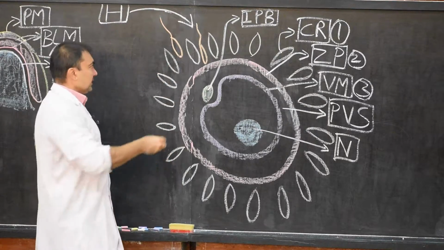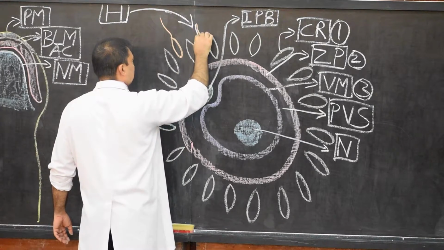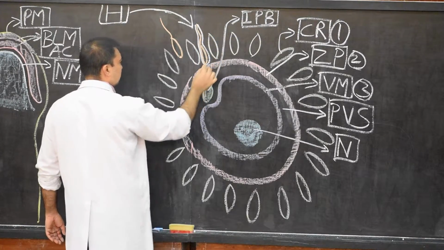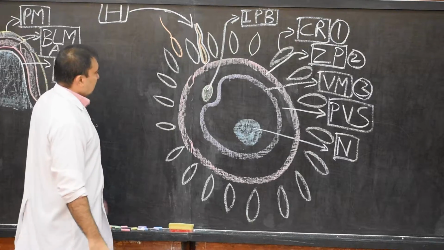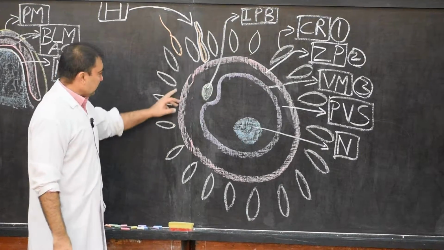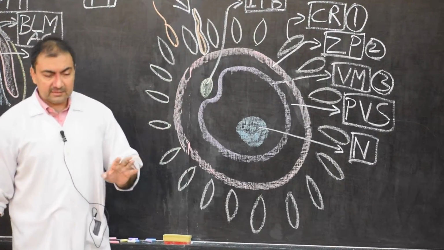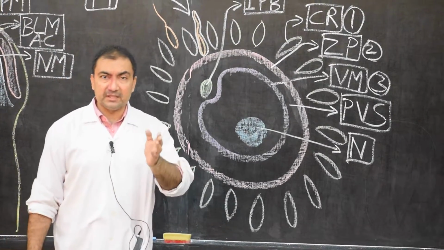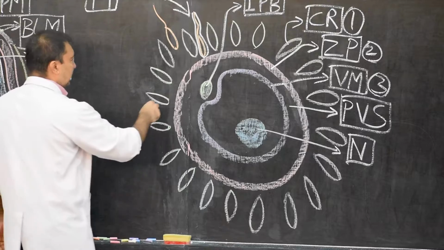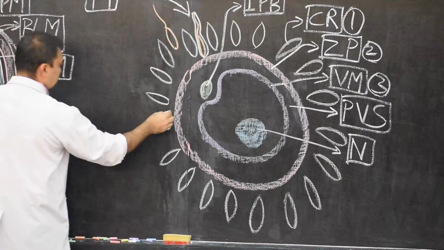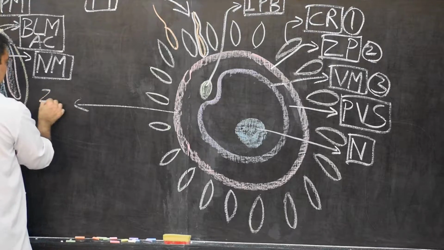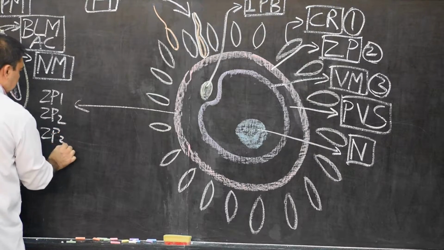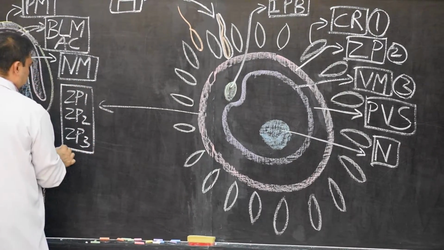Now what happens? After this, please note down, here I'll put this white color, it is covered by the plasma membrane. So please cover this spermatozoon with plasma membrane. Now what happens is, second barrier, zona pellucida. Zona pellucida is a thickly striated membrane where it contains several glycoprotein receptors such as ZP1, ZP2, ZP3. They are the receptors which are present in zona pellucida.